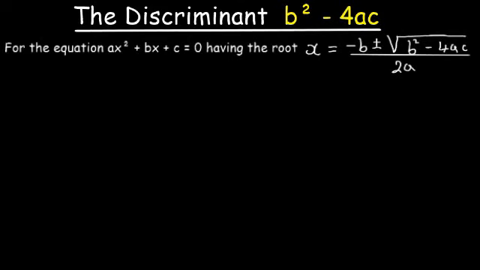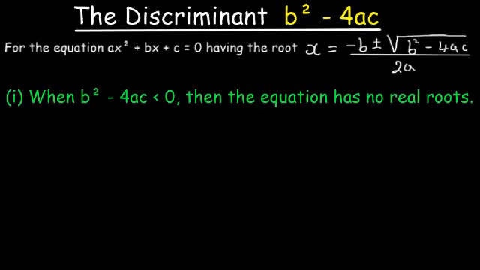For the equation ax squared plus bx plus c equals 0, having the root x equals, we are already familiar with this formula. That is typically the almighty formula, which some people know as the quadratic formula. x equals minus b plus or minus the radical of b squared minus 4ac, over 2a. Then,